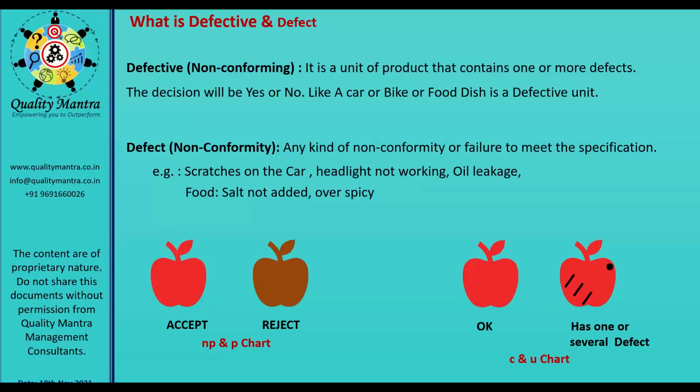Like scratches, or some problem in the headlight, the headlight is not working, you are not going to reject the JCB for the headlight not working. What you are going to do, you are going to replace the headlight. So ultimately at the end of the month, it is not counted as a reject. You found a non-conformity, that the headlight was not working, so you will term it as a defect. You are not going to reject that unit of the vehicle.